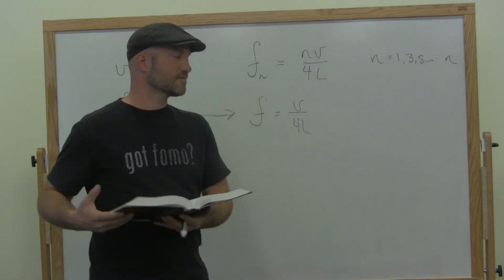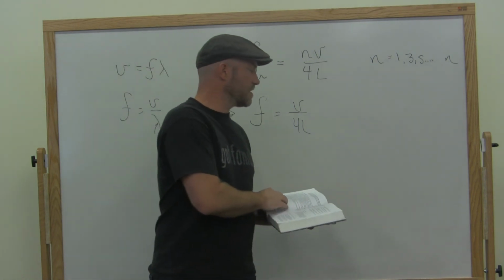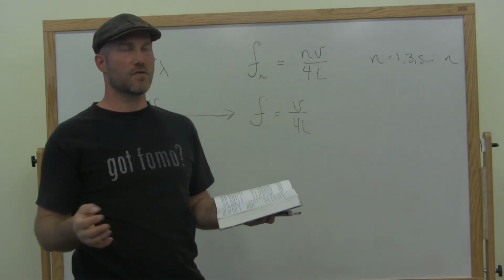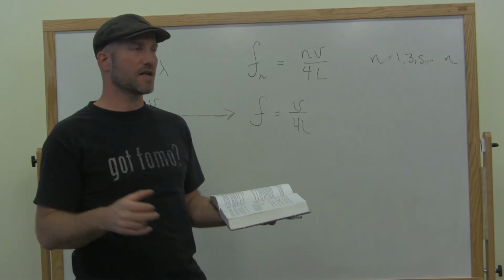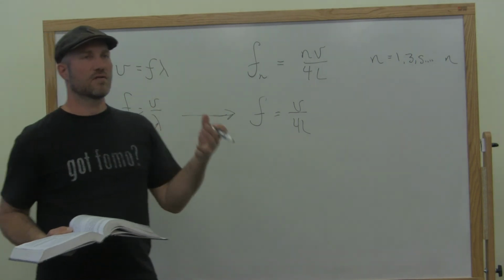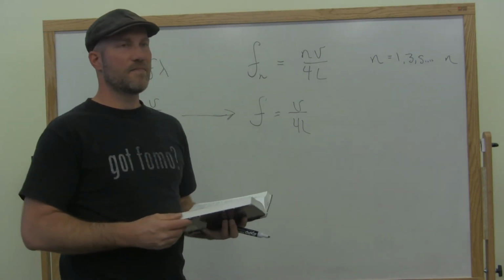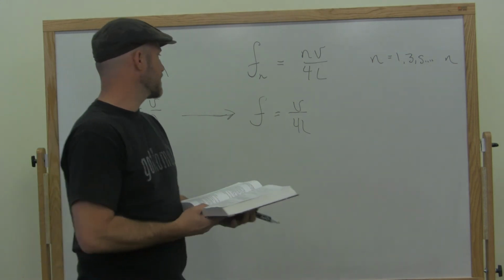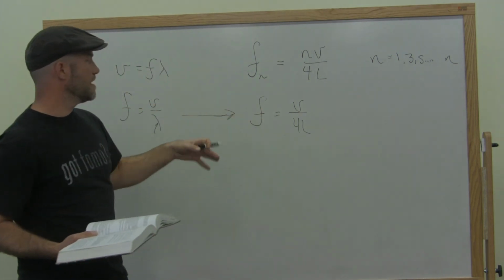They only exist in tubes that are open at both ends, or a vibrating string, where you get the even harmonics. But for tubes closed at one end, like the vocal tract, or a bugle, or an oboe, you just get the odd numbered harmonics. So the answer to this one, if the fundamental were 100,